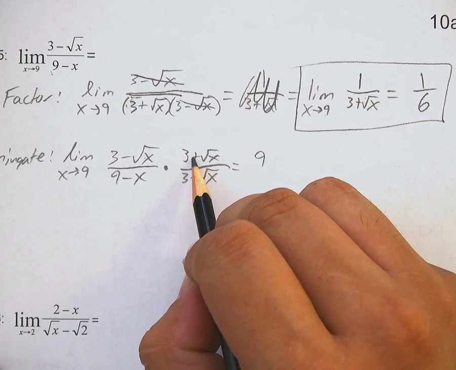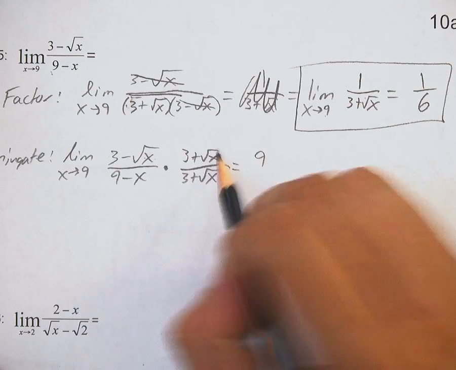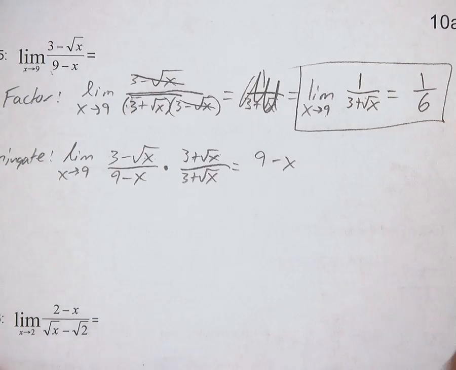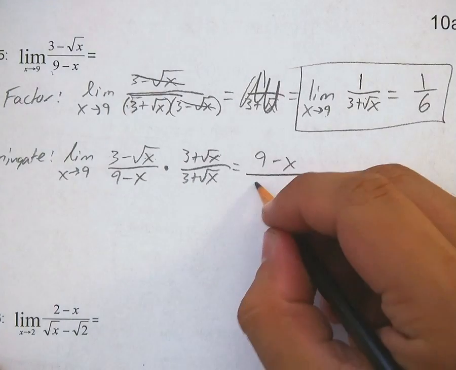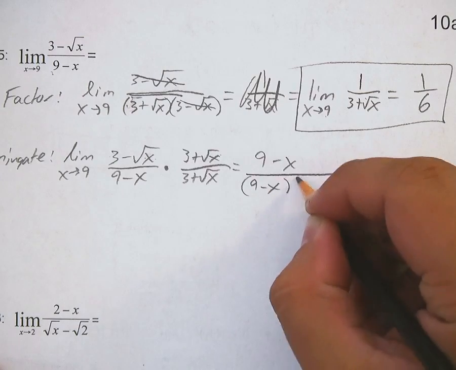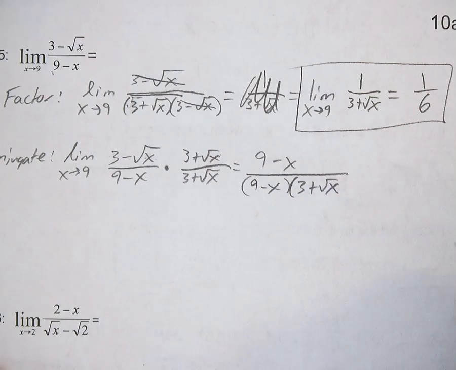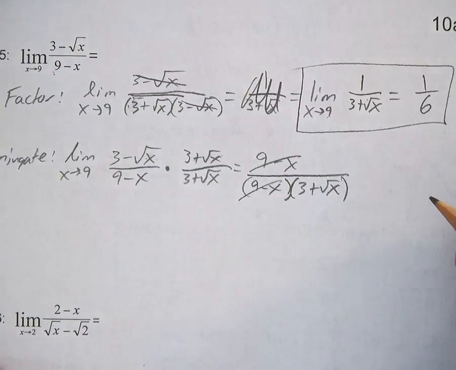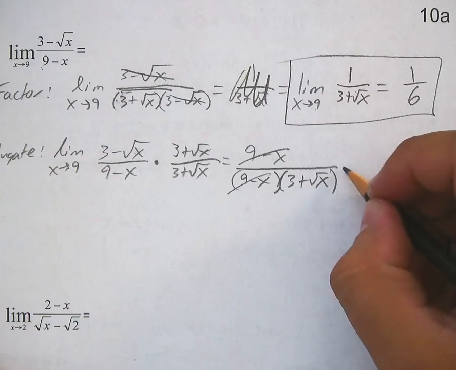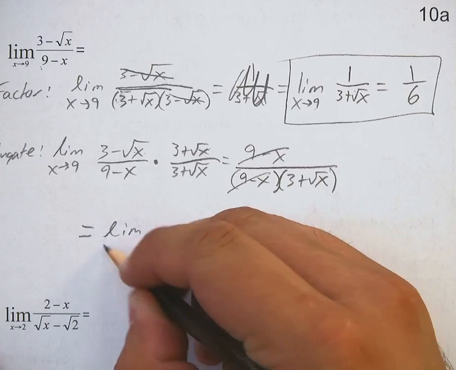Square root of x, so those go away, minus the square root of x squared, that's just minus x, over, then you've got 9 minus x, don't even worry about this part right here, then you've got a 3 plus the square root of x. Don't worry about multiplying this out, but if you notice, again, those cancel out, and you are left with, let me come down here, the limit as x goes to